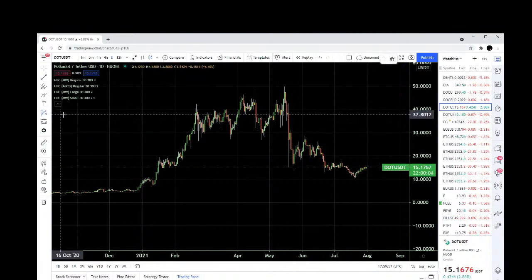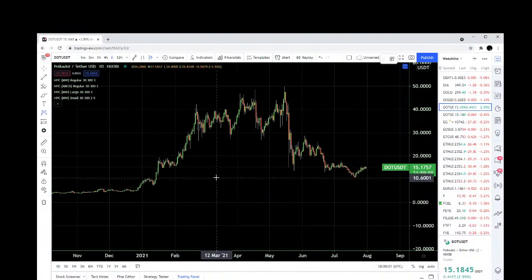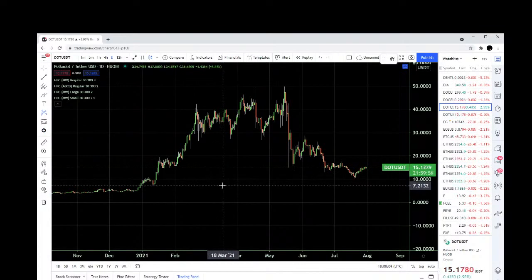The interesting thing that Polkadot has that some of the majors do have is that the pattern we're dealing with is exclusively for